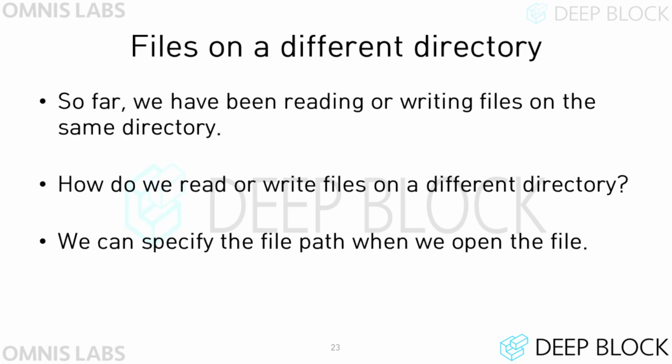So far, we have only learned to implement programs that read and write files in the directory where the Python file exists. However, it is also possible to open files that exist in other folders. When opening a file through the open function, by passing the absolute file path as an argument, we can open a file that exists in another directory.